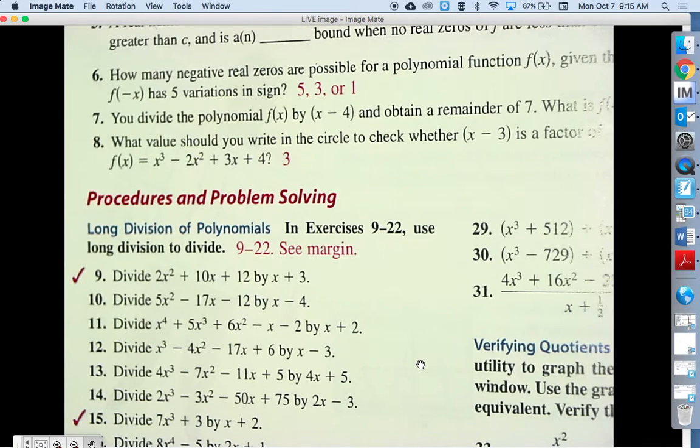If you divide by x minus 4, what is the x equal to, Colin? 4. Yeah, so if this is a factor, I could write it as x equals 4 as an intercept. So that means f of 4 is equal to, not 0, because the remainder isn't 0, but it's equal to 7. So whatever you get down here actually creates a point on your graph, because you're dividing by a number,